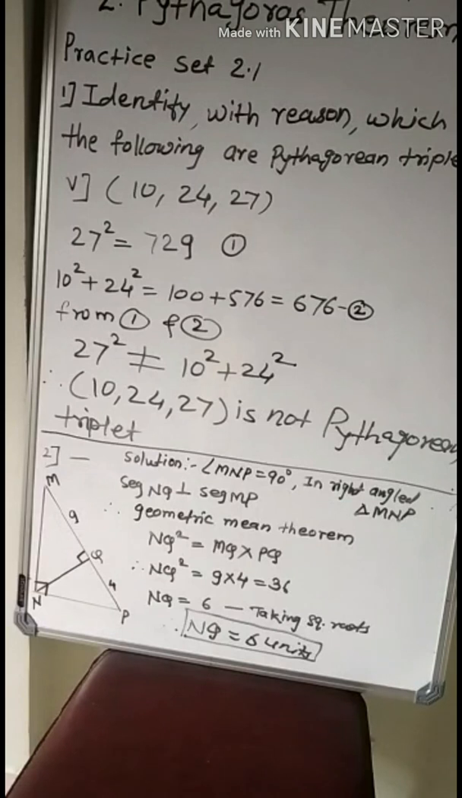The portion which is deleted for this year is from page number 40 to 42, meaning application of Pythagoras theorem is deleted. Full exercise practice set 2.2 is completely deleted, and from problem set 2, question number 6